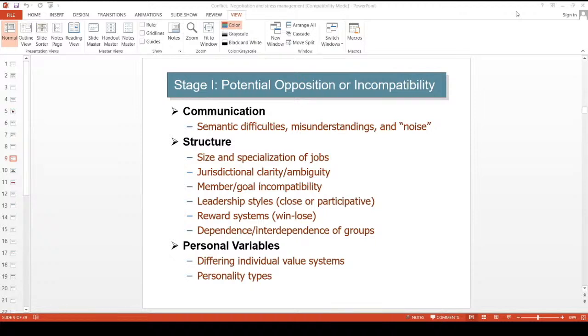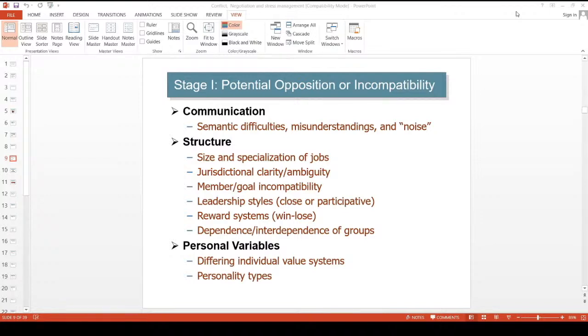process. Similarly, personality plays a very important role and the value system plays a very important role in initiating that conflict process. It includes the individual value systems and the personality characteristics. Certain personality types lead to potential conflict. And most important is the differing value system. Value differences are the best explanation for the differences of opinion on various matters. And this difference of opinion on the different matters will again be a sort of